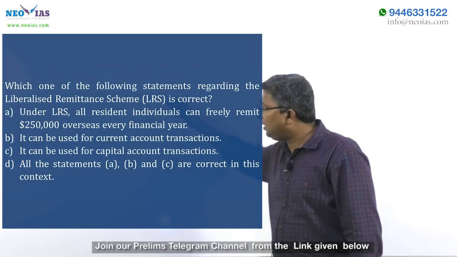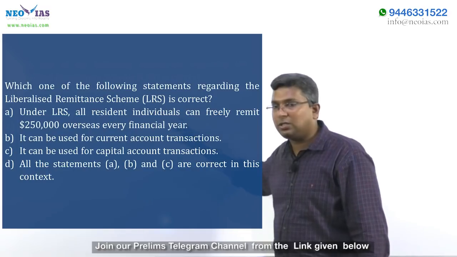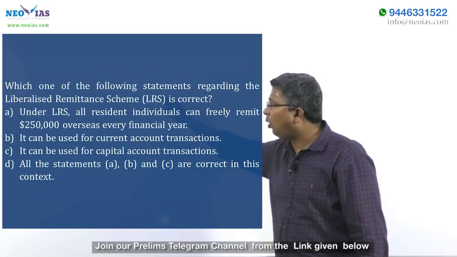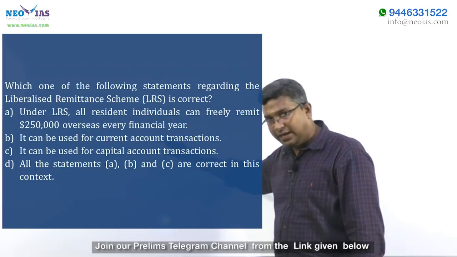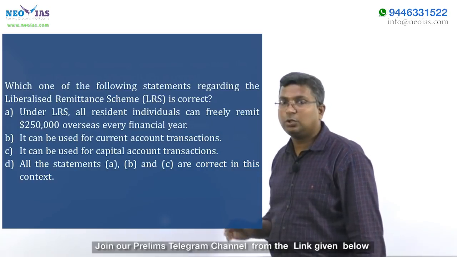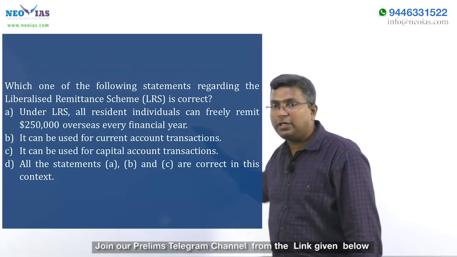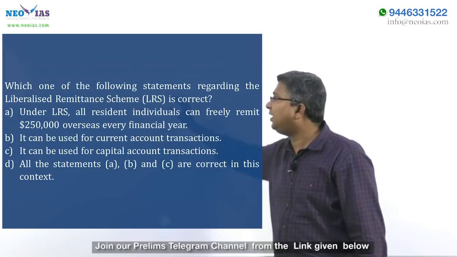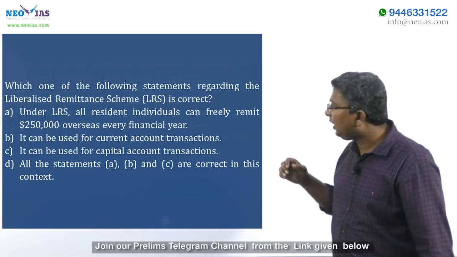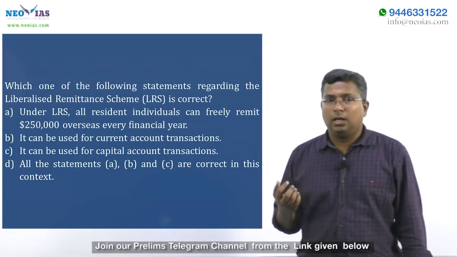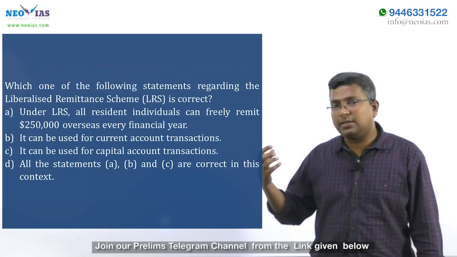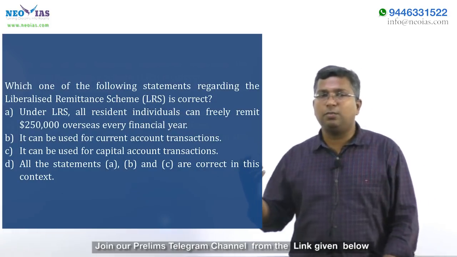Since it is an ABCD question, you follow this rule: you read all the four choices and only then come to an answer. So in an ABCD question, follow that rule. Read all the choices and then finally decide what the answer is. So regarding this Liberalized Remittance Scheme,